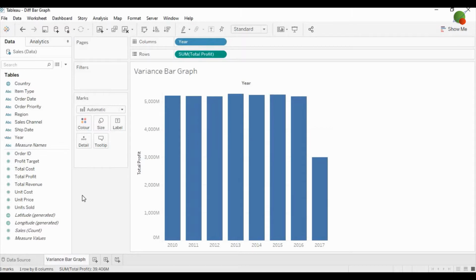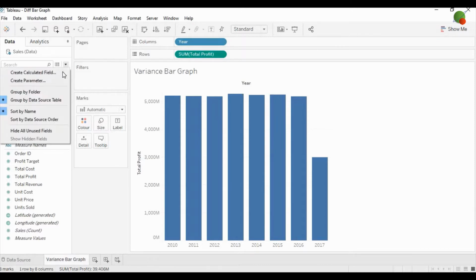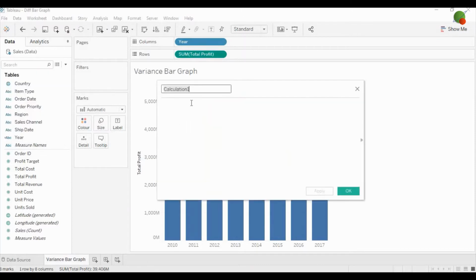Now the next step is that you need to create another calculated field from here, and you can name it profit variance. So for profit variance, we will calculate the formula, that is how it will calculate the difference between each year.